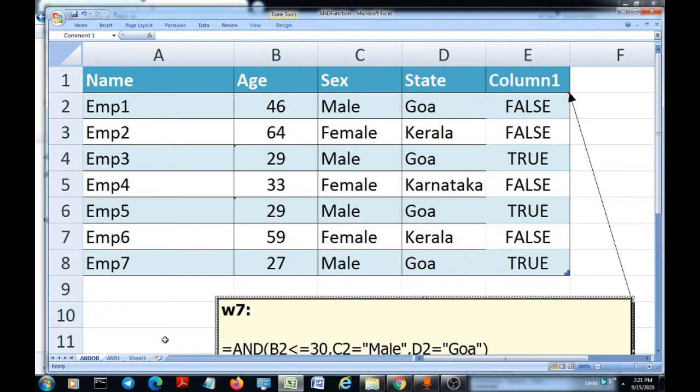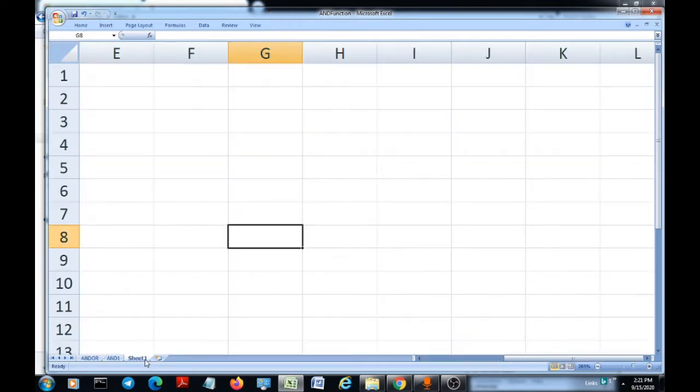Let's start with understanding the syntax of this function. Syntax is how we write this formula. As with any formula, it starts with the equals sign, and then the AND function. The formula contains logical 1, logical 2, and so on. This means logical 1, logical 2 are condition 1, condition 2, condition 3, condition 4. Like this, it can go up to 255 conditions; 255 can be accommodated in the AND function.